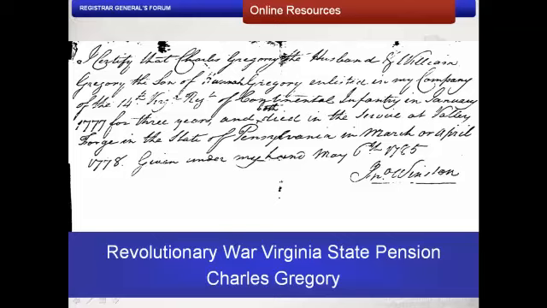He made this statement on behalf of Hannah Gregory, widow of Charles Gregory and mother of William, who was eventually awarded a pension. This record can be copied or saved and is an acceptable source for DAR military service.